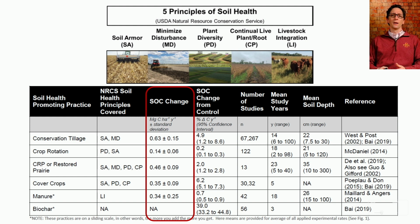The other thing I want to mention, and there are a few other columns on here, is the number of studies included in these meta-analyses, and they range from 30 up to over 200. The more studies you have, theoretically, the more robust the meta-analysis is. And then there's the mean years the study was conducted, meaning how long did the researchers measure soil organic carbon? And that ranges from an average of 3 for the biochar up to 23 for the CRP or restored prairie. And so there's a wide range there, important considerations that we need to think about when we're comparing management practices